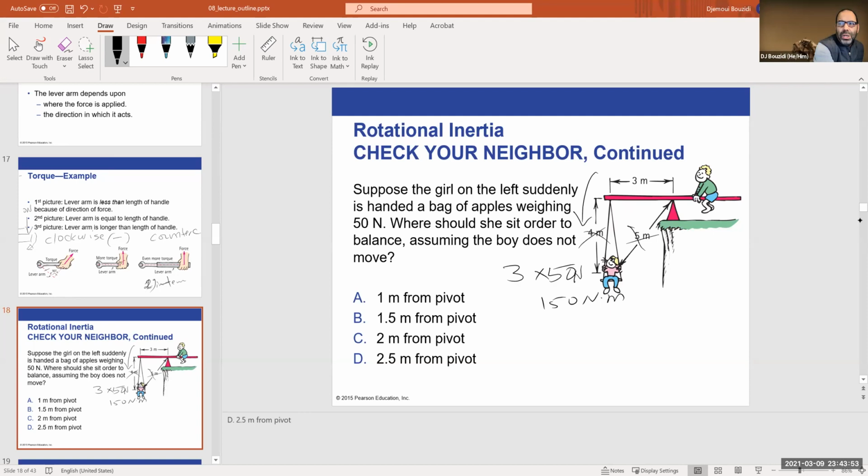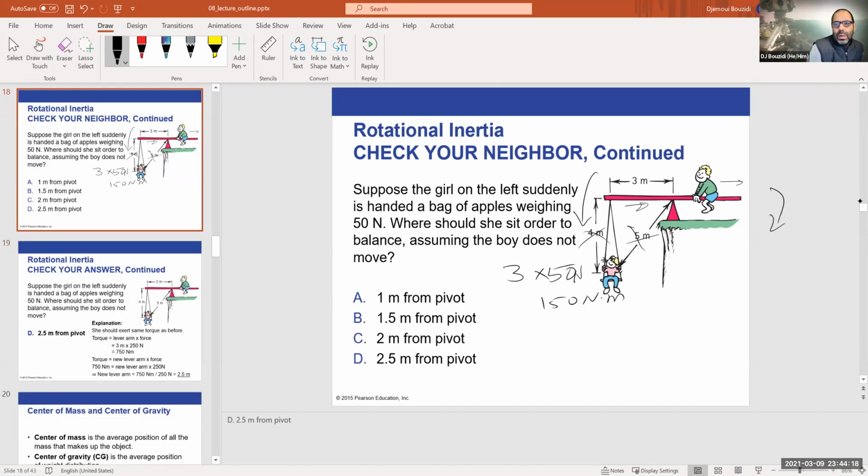So this boy needs to move back to cancel this effect, because he's applying a negative torque in this case. But since he's not moving, she needs to lower her torque. She needs to go back a little to make it back to wherever it was, okay? So that's basically where